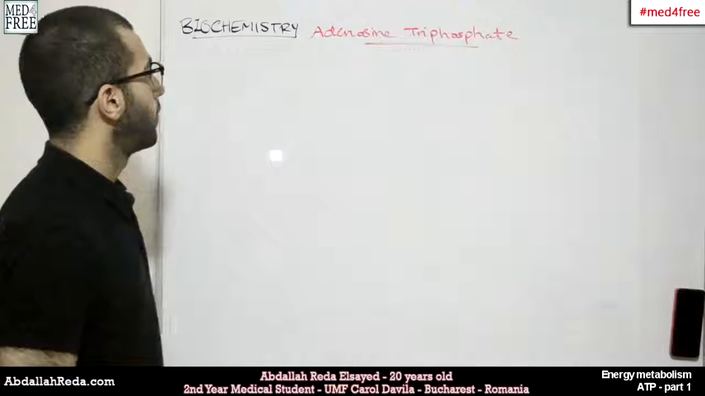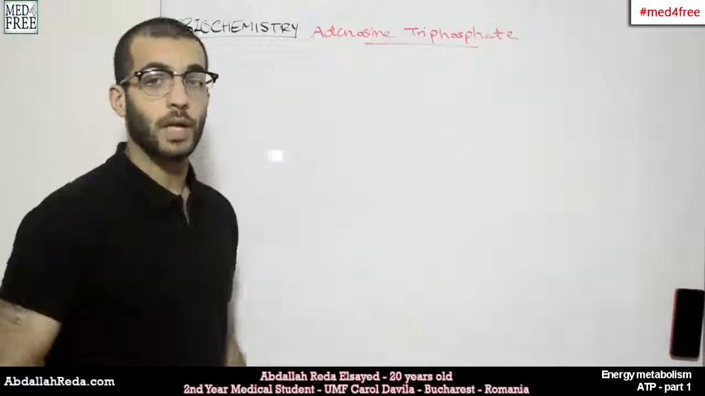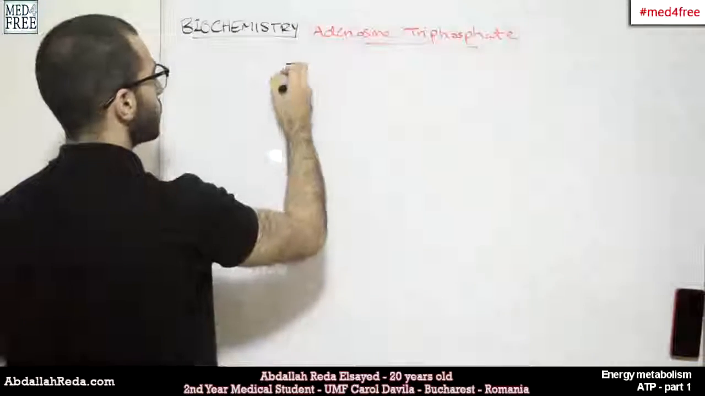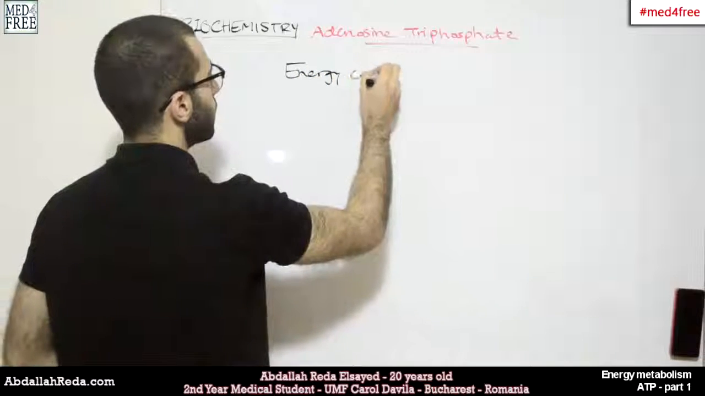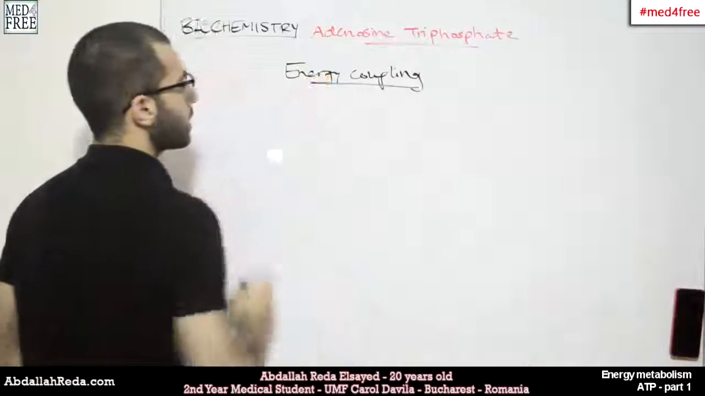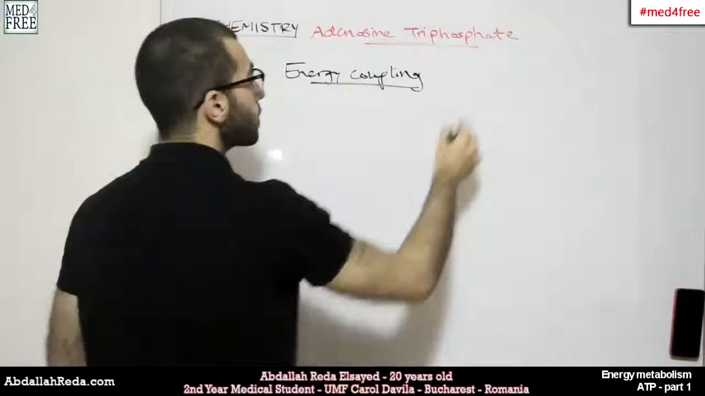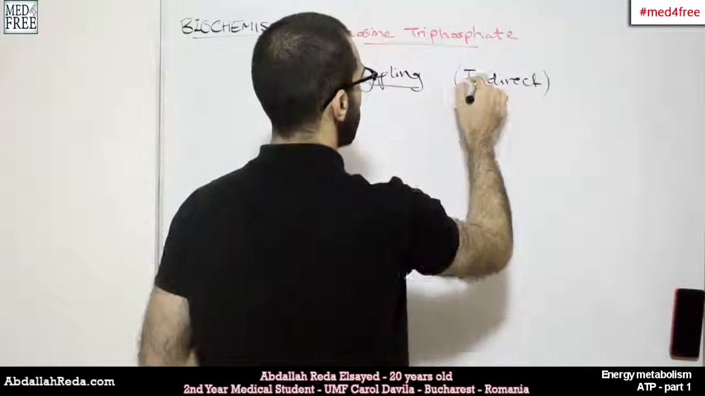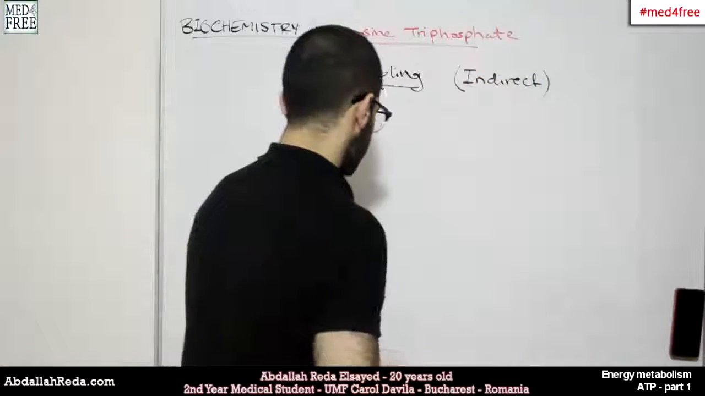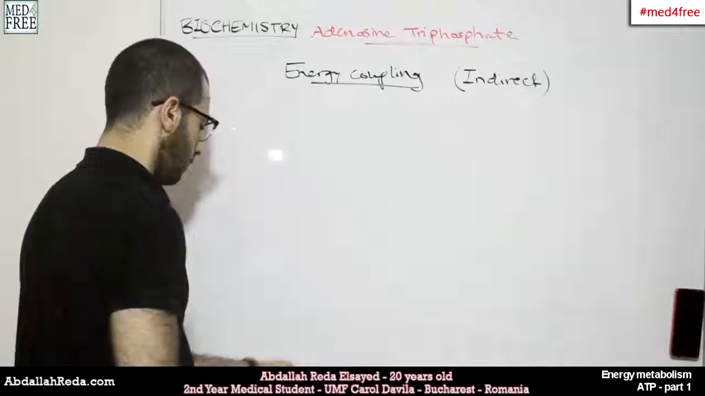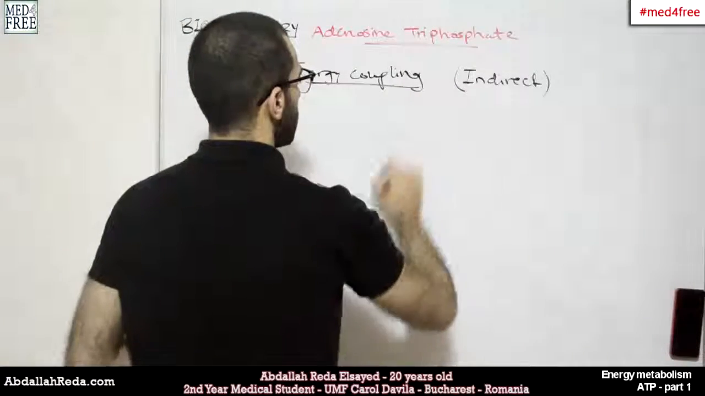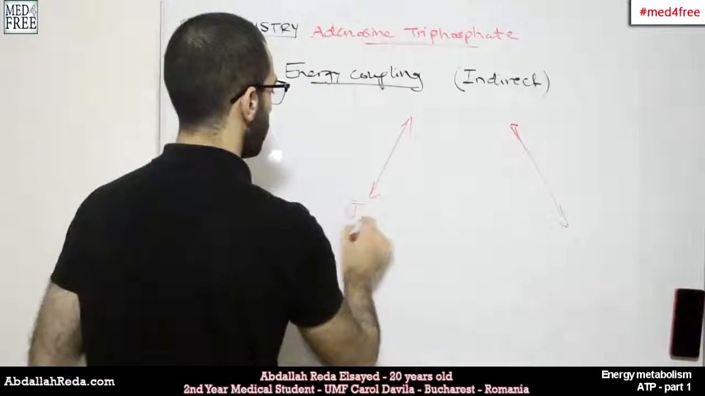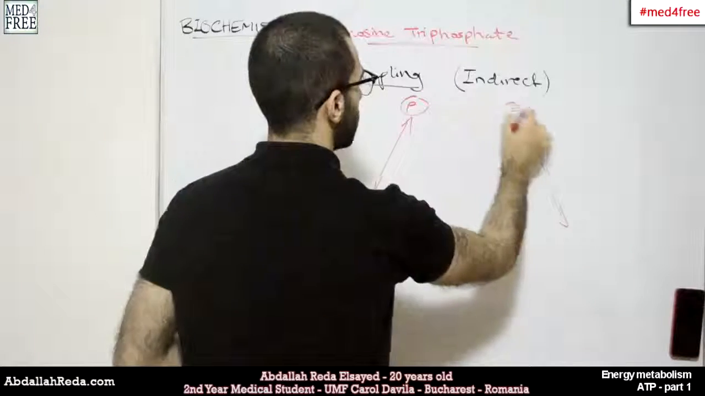This time we're going to talk about adenosine triphosphate, or ATP. Last time we learned that there is something called energy coupling, and there's a type of energy coupling between different reactions which is called indirect energy coupling, and the other one is of course direct energy coupling. Regarding indirect energy coupling, we knew that there could be two chemical reactions with inputs and products, or